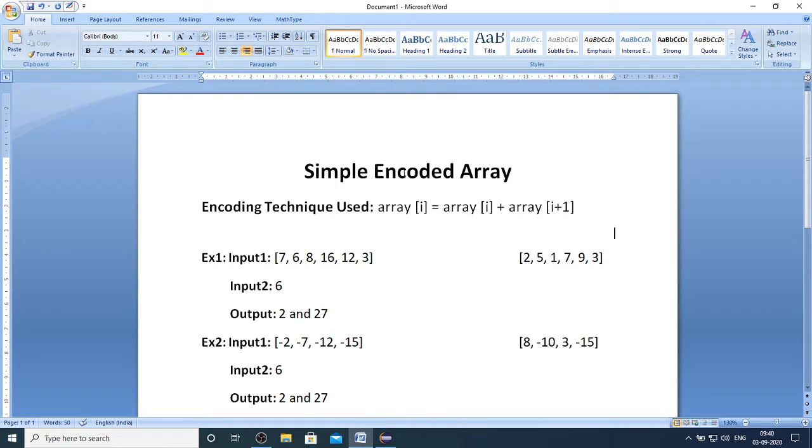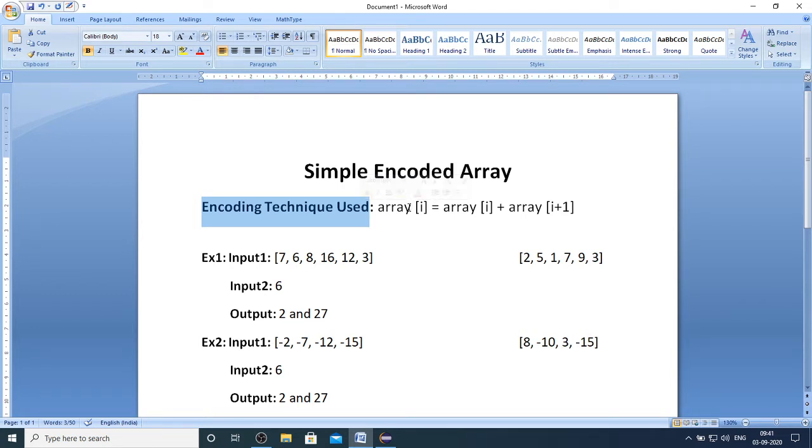You should determine the original array and then return the original array's first value and the sum of all the elements of original array. And I have provided here the encoding technique used. The encoding technique that is used is each array element has been substituted by the sum of its original value and its succeeding value.